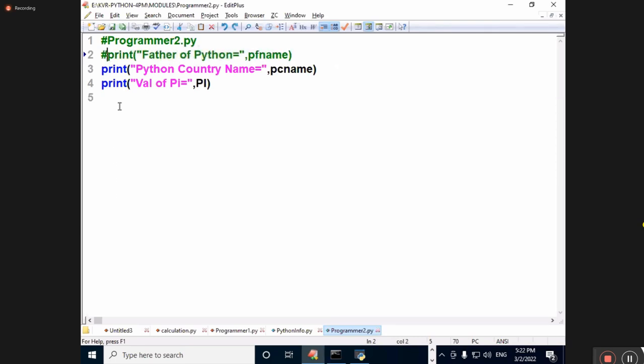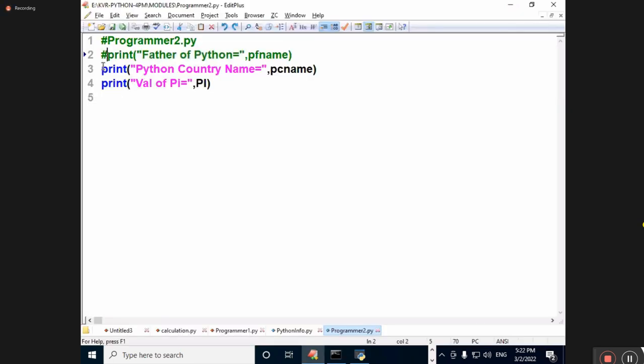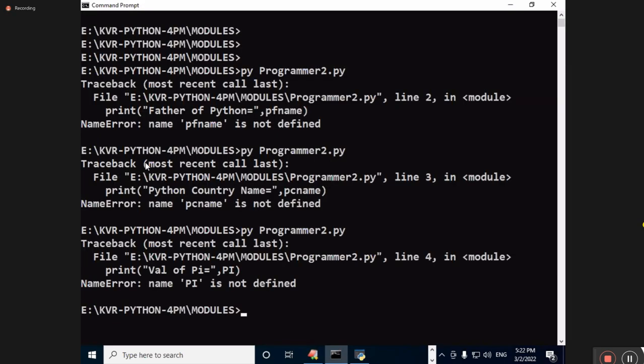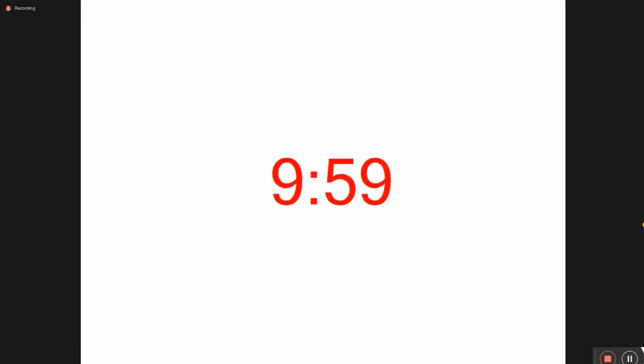Comment. Save it. Next error. What is this error? PC name is not defined. Okay, that is also an error. Next. PI is an error. That is also an error. That means